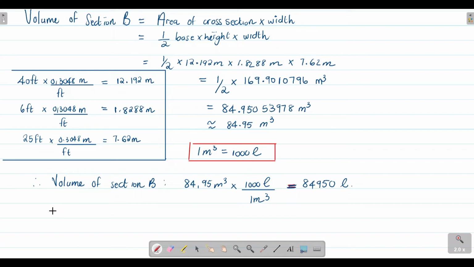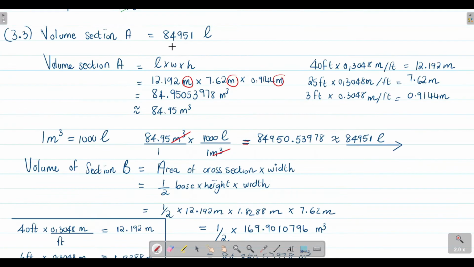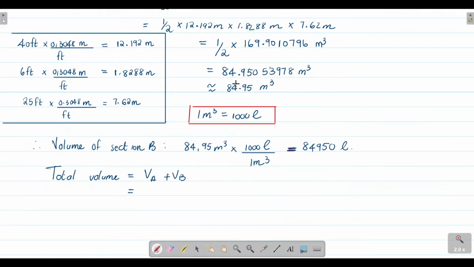Therefore, the total volume for the pool is equal to, we're already given what the volume was for section A, and it was given as 84,951 liters. What is the volume for section B? We calculated that the volume for section B is 84,950 liters. Okay, so if you punch these two values into your calculator, what is the total volume that you're